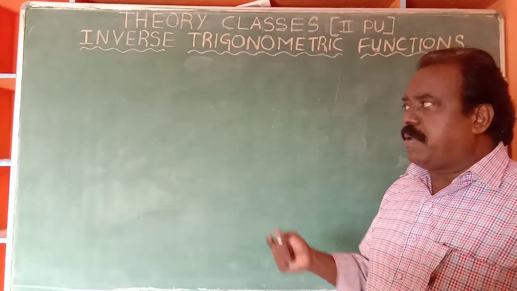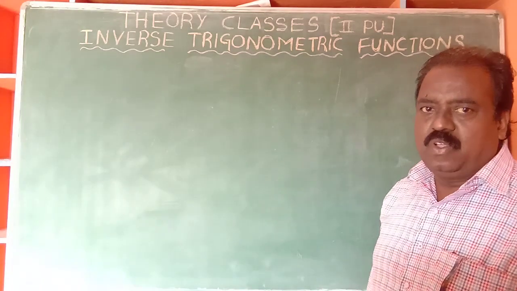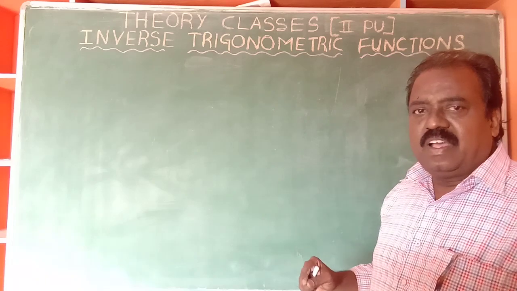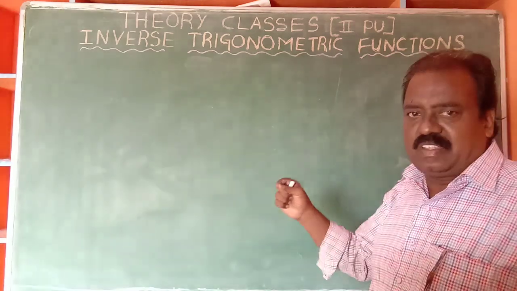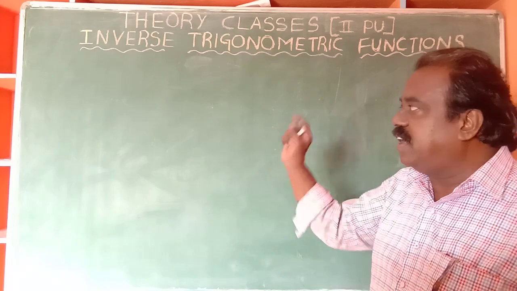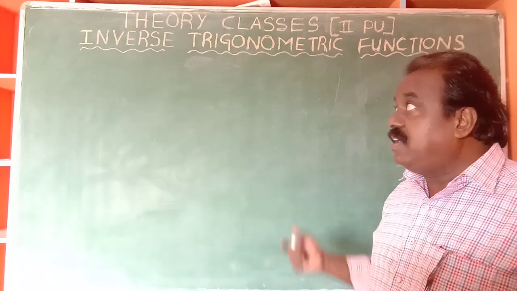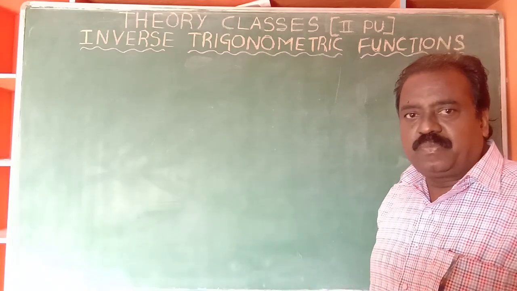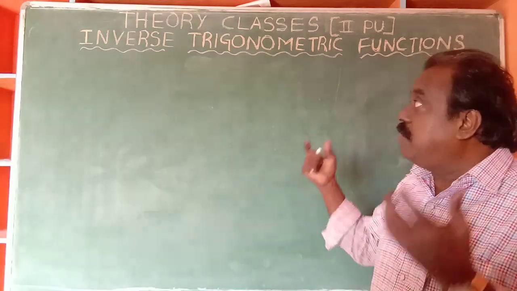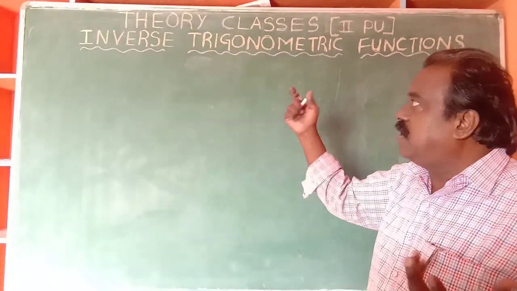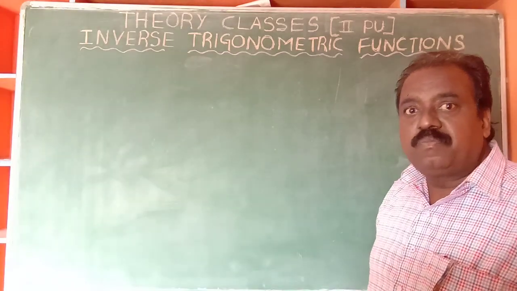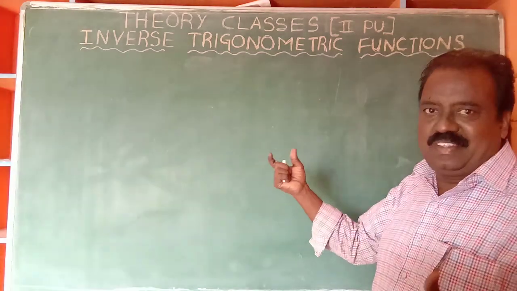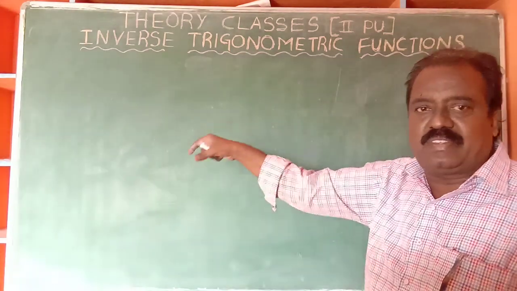Objective means problem to problem. By using shortcut methods we solve it, or simply by seeing the answer options, we can take the correct answer. But here it is important, we have to prove the problem. For the solution of the problem in this chapter, not only in this chapter, any chapter, we have to know about all the concepts included in that particular chapter.